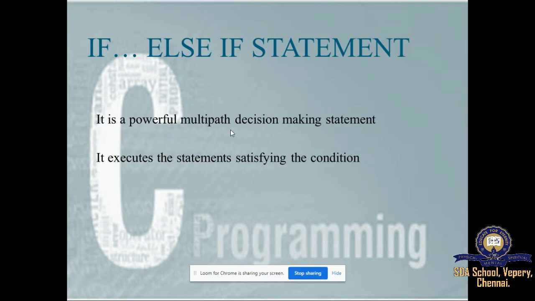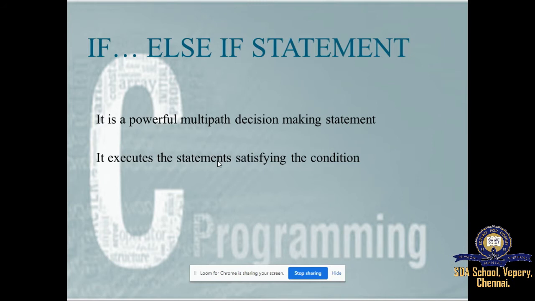For example, you will be checking first one condition, if A is greater than B, comparing between three different variables A, B, C, which is greater. So if A is greater than B, then print A is greater. No, you have to check whether A is greater than C also. So give else if A is greater than C. Right.